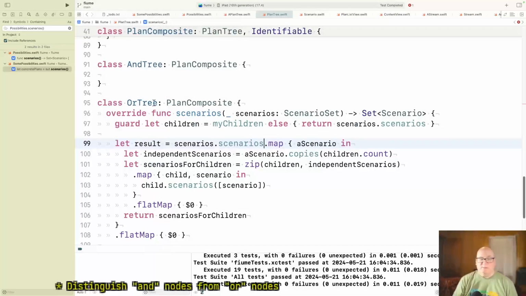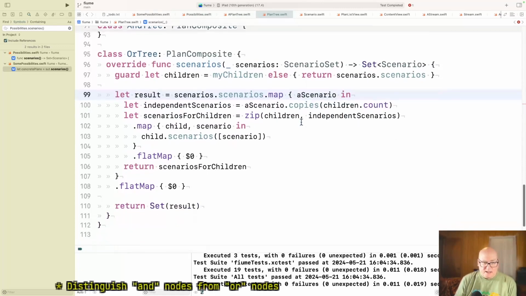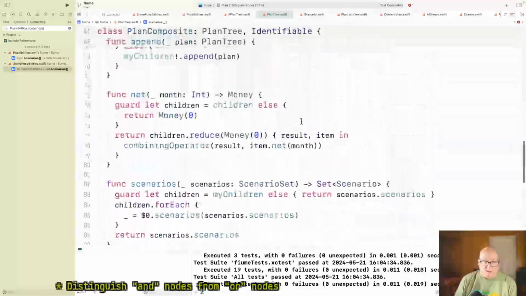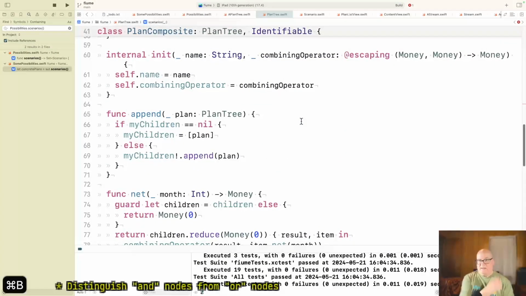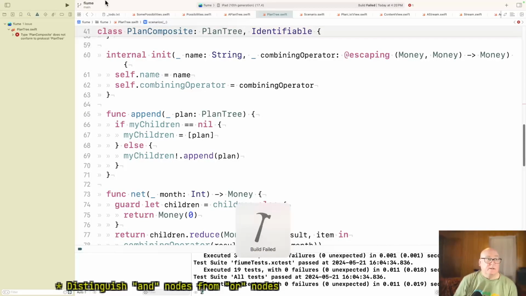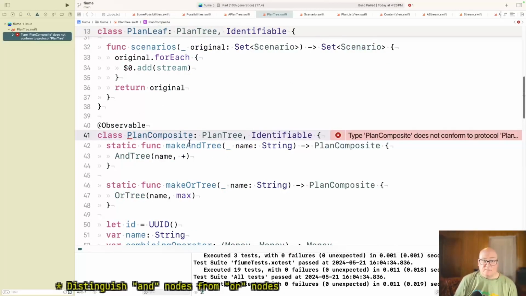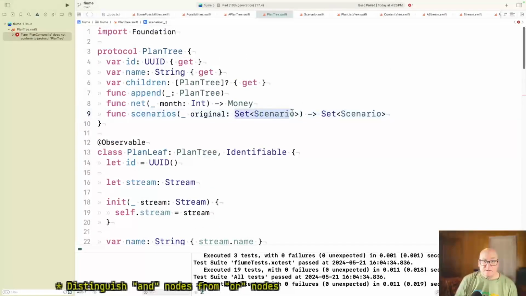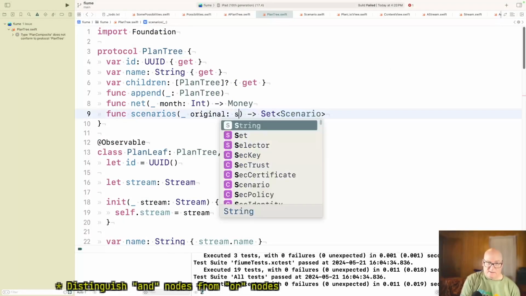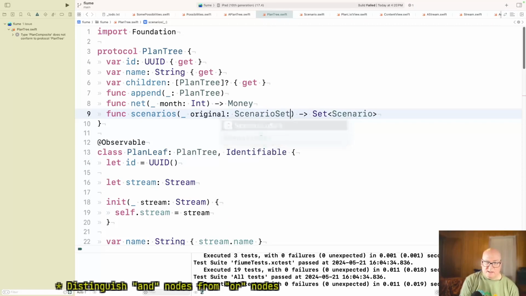We won't finish it today, but we're getting this thing put in, and it's in a couple of places. So now we've got callers. So let's build that. Find out who the callers are, what they want. Plan composite does not conform to plan tree, right? Because he already mentions this. And now that's his scenario set.